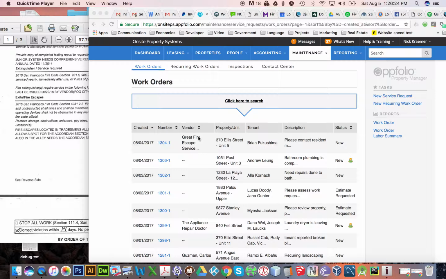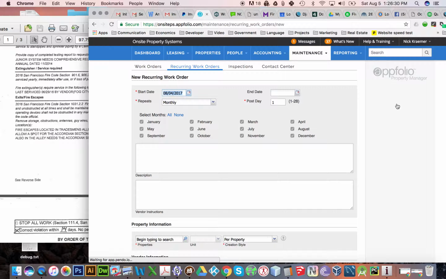Right, when we get a new building, oftentimes we need to create reoccurring work orders, and the reoccurring work order is essentially how we track exactly that, reoccurring work orders at properties. These are things for like monthly janitorial, fire extinguishers, fire escapes, boilers, usually for central heating systems, backflow prevention devices,